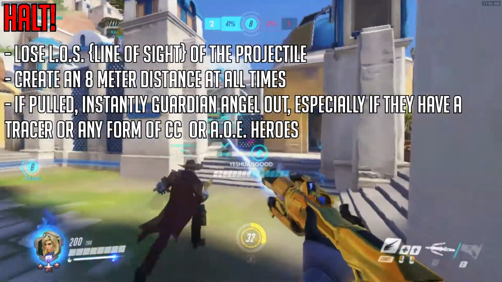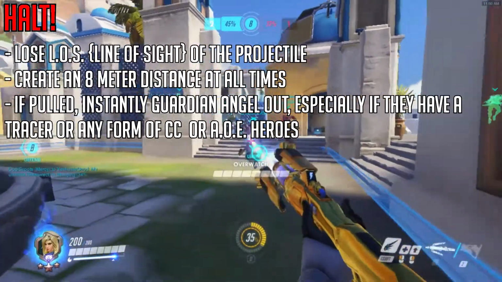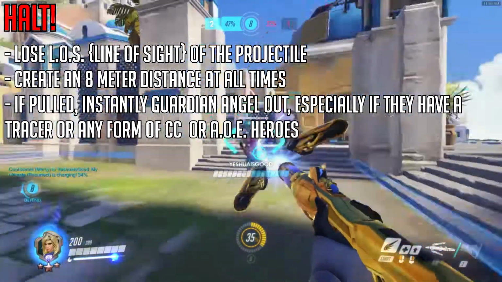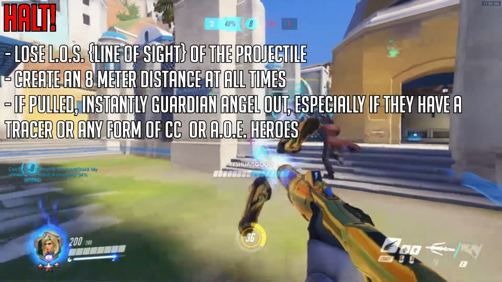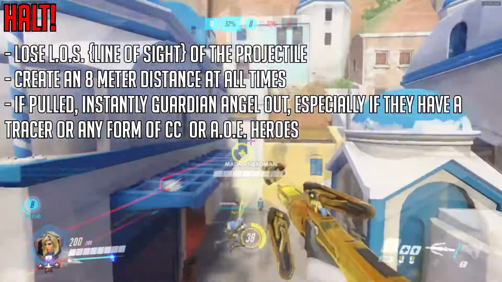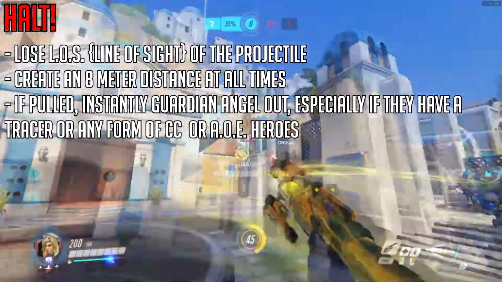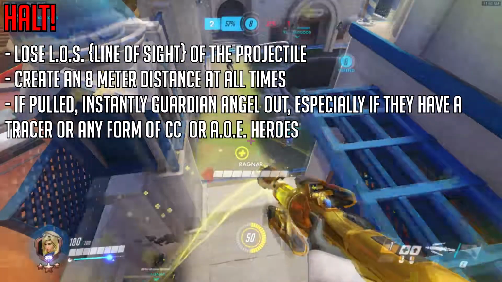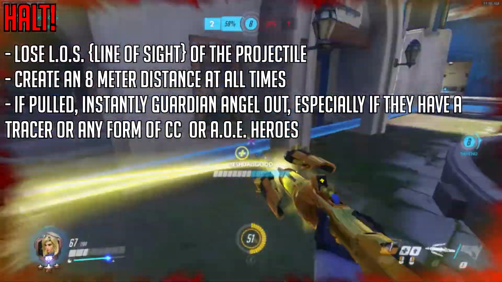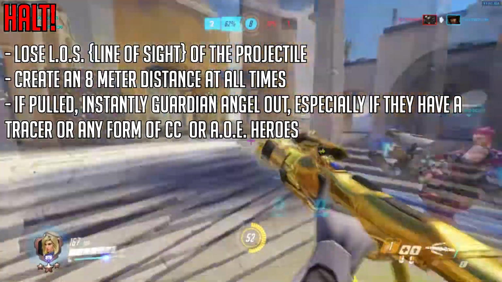So taking cover behind pillars and stuff will actually help you, or just really complex cover rather than a wall that you can easily be pulled out from. And remember, Mercy's beam is 15 meters, and I believe the pull distance is around 8 meters. So try and keep your distance away from the Halt ability, because you can easily be followed up by a